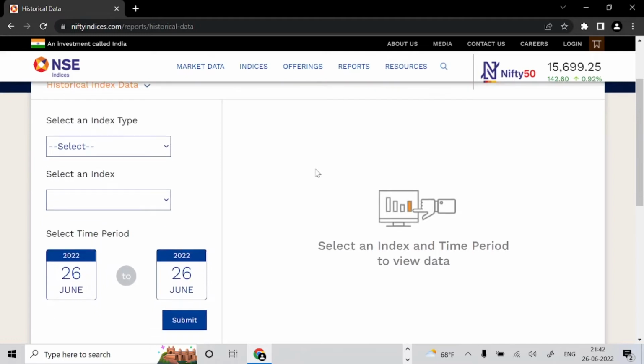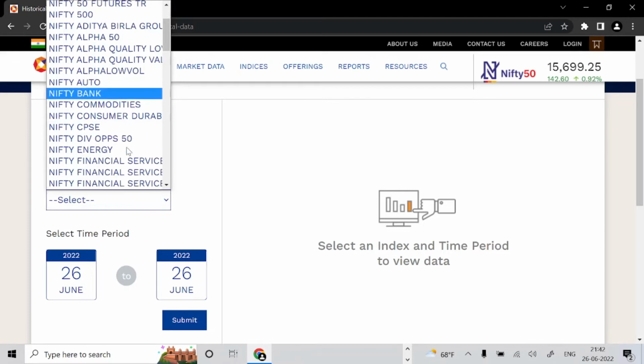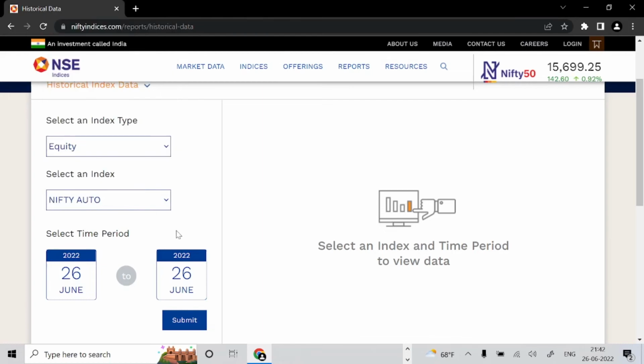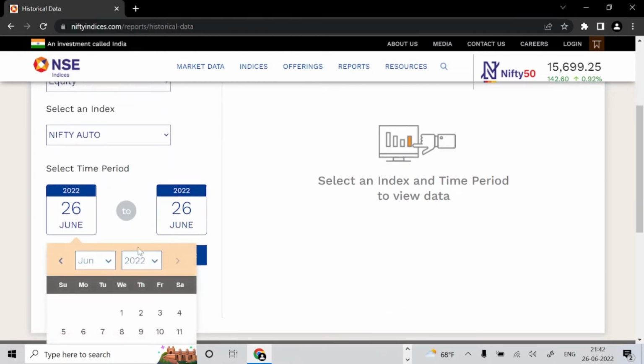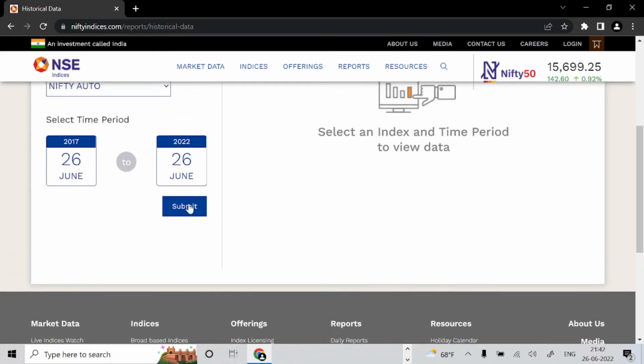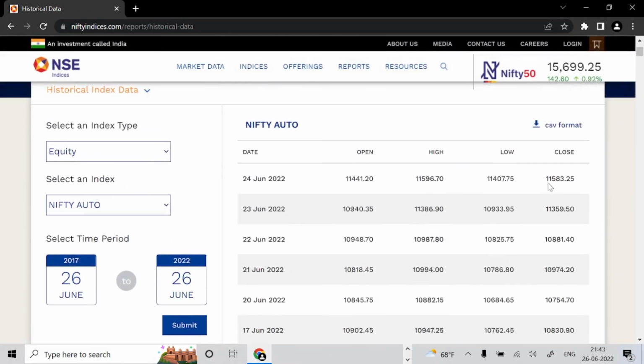So I want the data for the last 5 years for Nifty Auto. And as you can see, the data is given here and we can download the Excel format